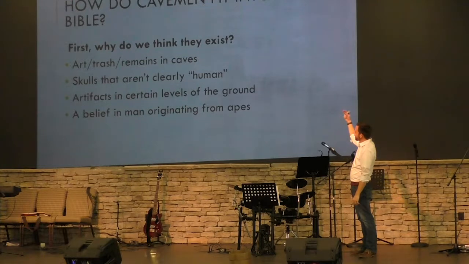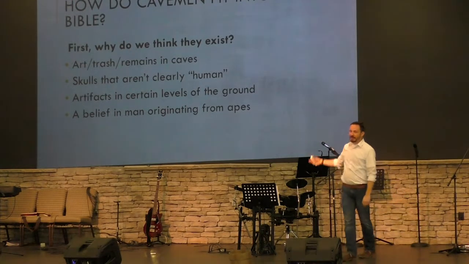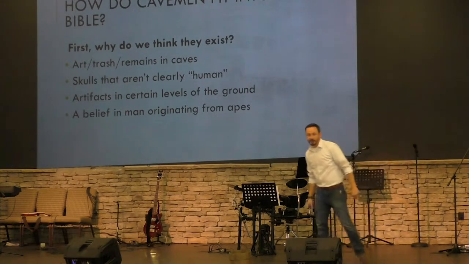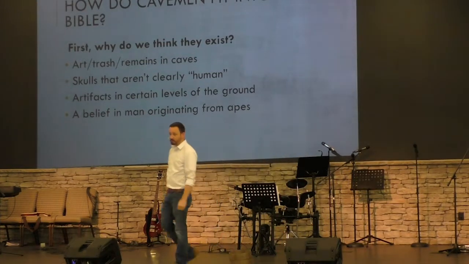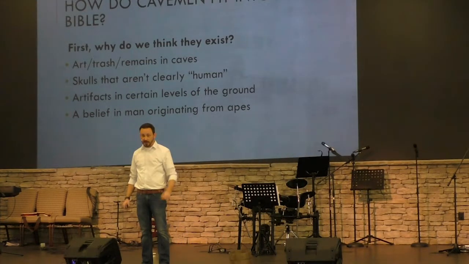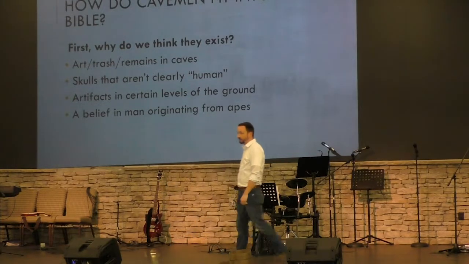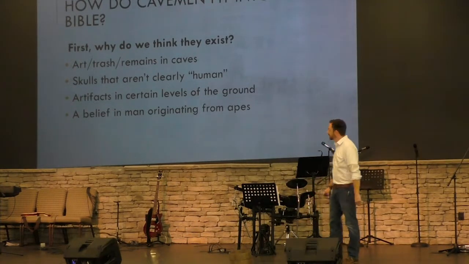So if man had originated from an ape, you need a caveman. But we don't think man originated from an ape. We think man was created by God. Day one. Able to walk and talk and probably do algebra or something. Anyway,